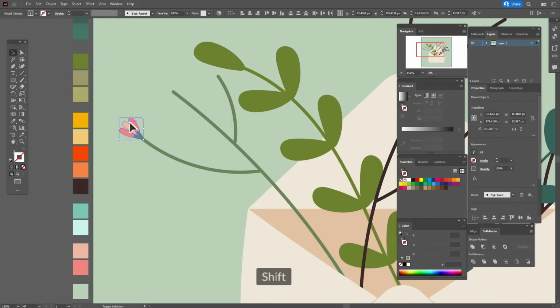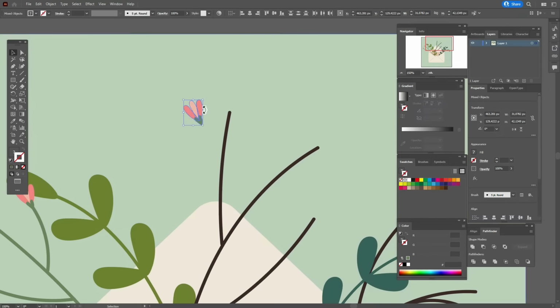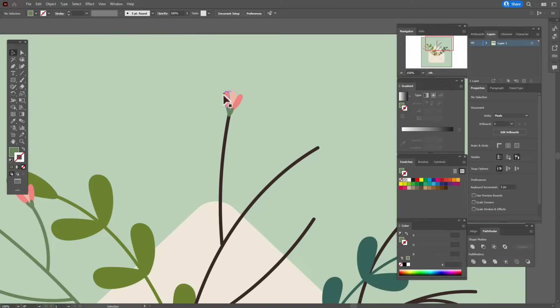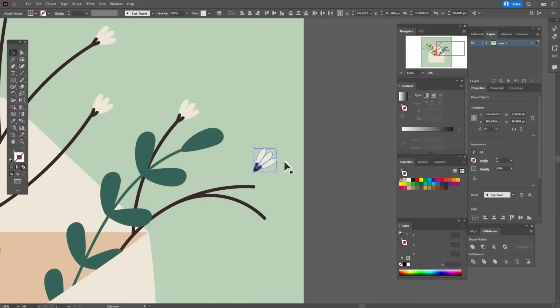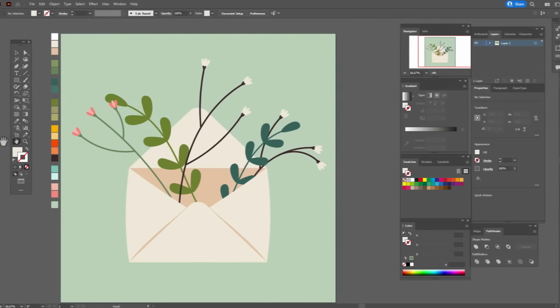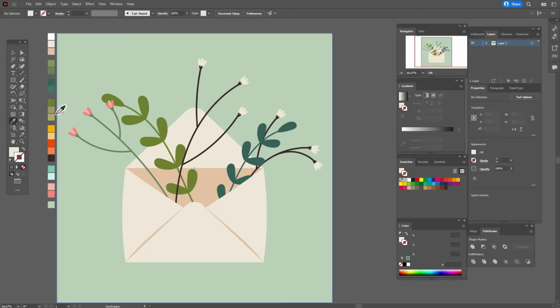Now select these two shapes, hold Alt and make the copy and the same here and put flowers in the places you like. Here I need to change color. Okay, and here you can leave the color like this or you can make the flowers pink. Let's take now that color